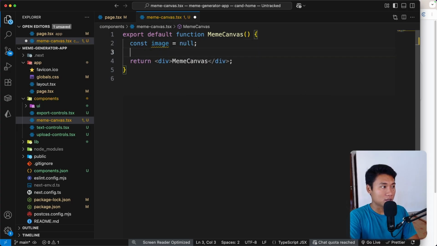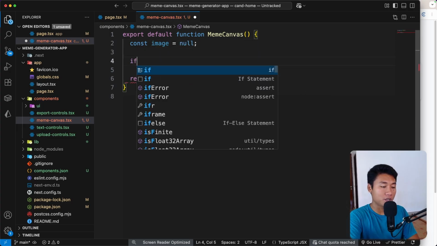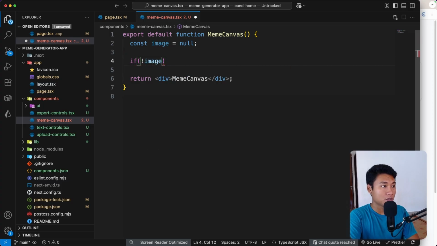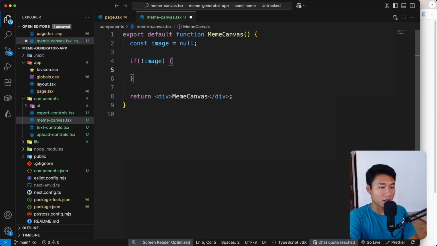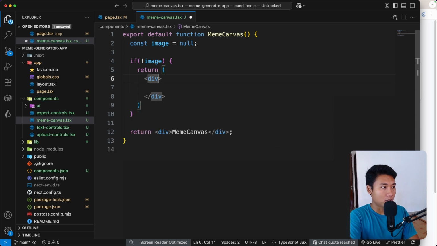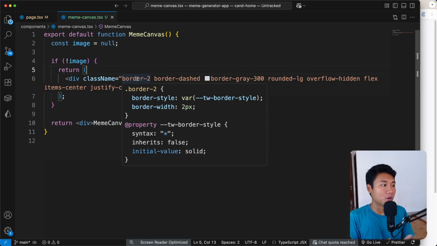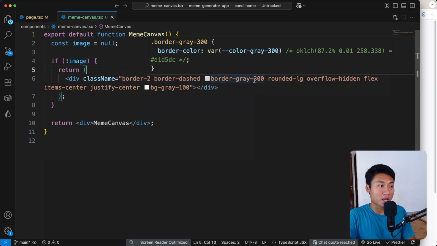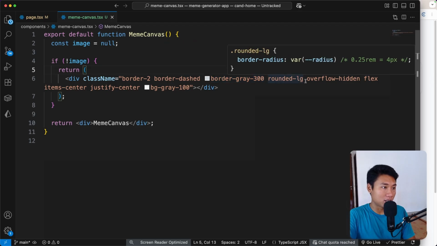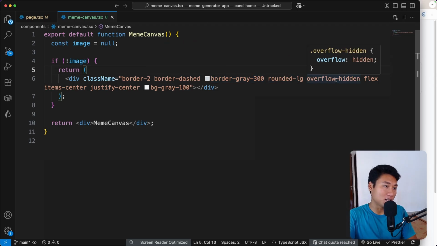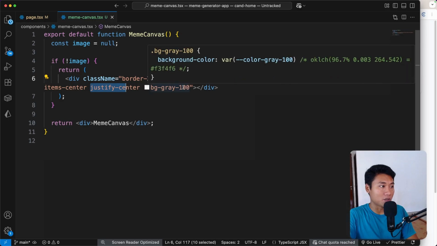So in here, I'm going to check if we don't have image. Let's try to render something in here. So I'm going to say return, let's do div. I'm going to add this class name. So let's take a look in here. The first is the border is 2 pixel, and then we have border dash, right? Border gray for the border color, rounded large, overflow hidden, and display flex, items center, justify center, background gray 100